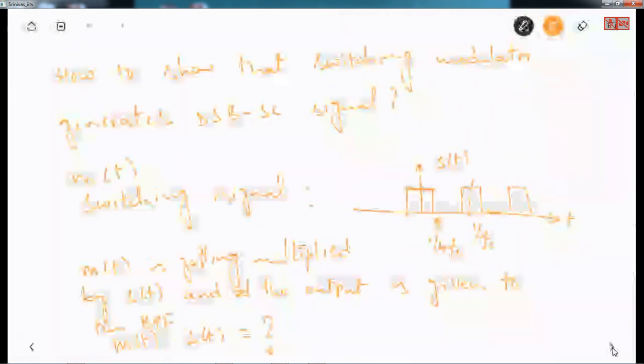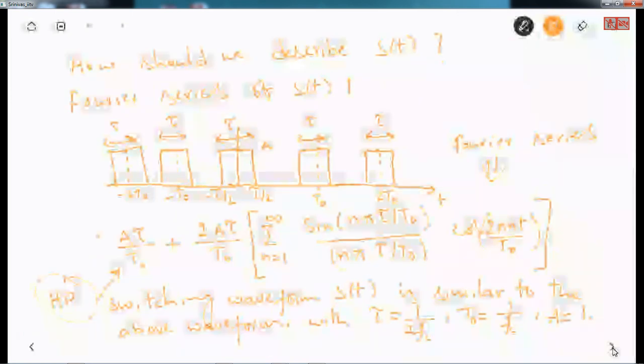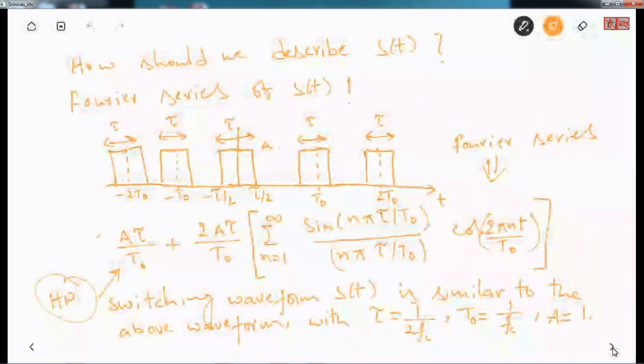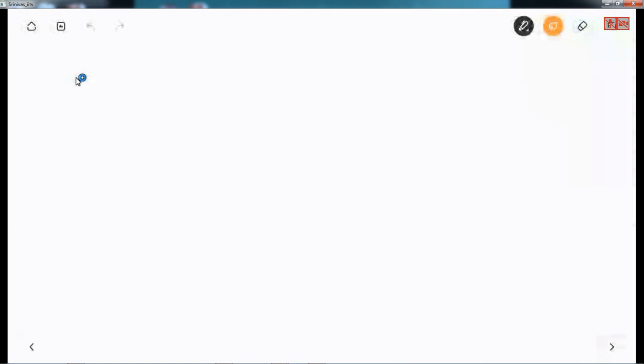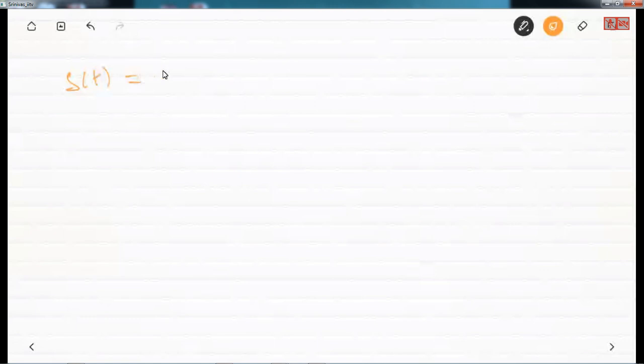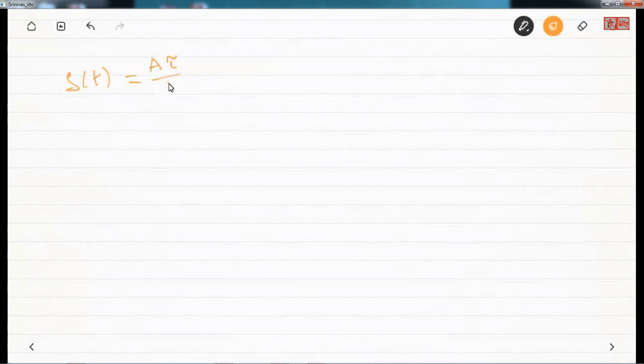So I hope I'm not confusing you, right? So this is the thing. Now, we can express S of t as A rect(tau by t naught), where A is 1, tau is 1 by 2 fc, and t naught is 1 by fc. So this is what happens, this is equal to 1 by 2